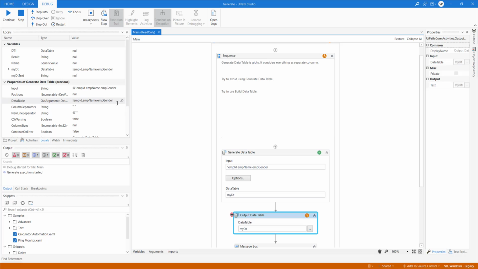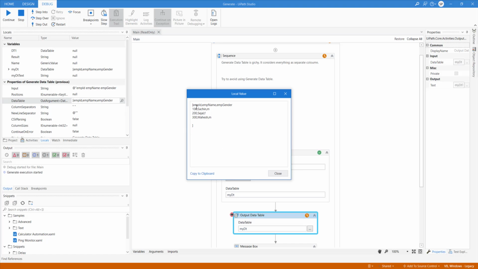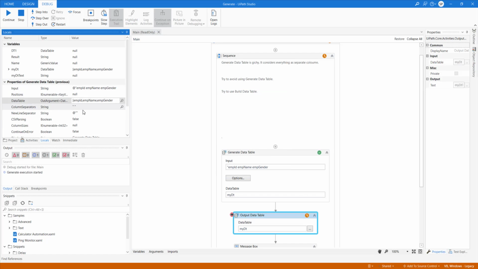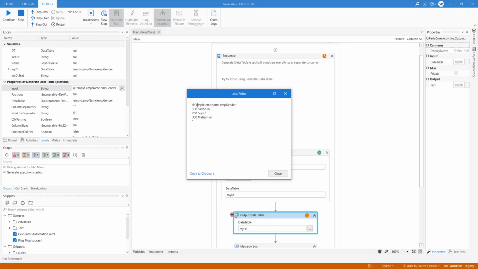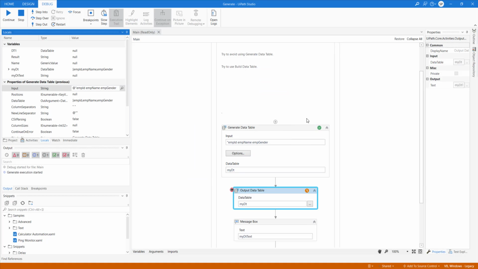Okay, now you can see it's nicely formatted in a data table. Let's look at the input. The input, if you look at the quote here, means it was a string. So we have provided the string values and the data is stored here.